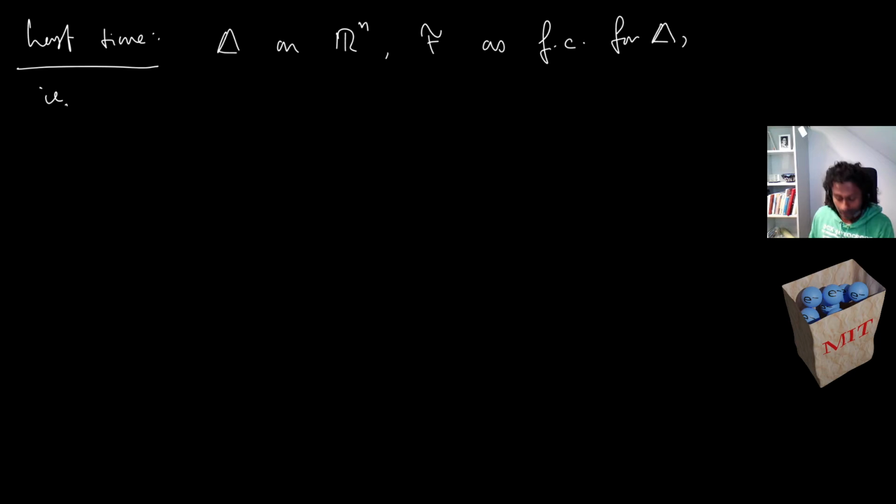So remember we looked at the Laplacian on R^n, and we saw the Fourier transform as a functional calculus for the Laplacian, i.e. given the right class of functions,